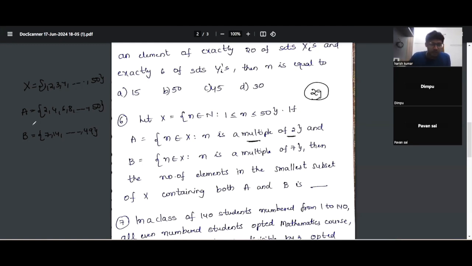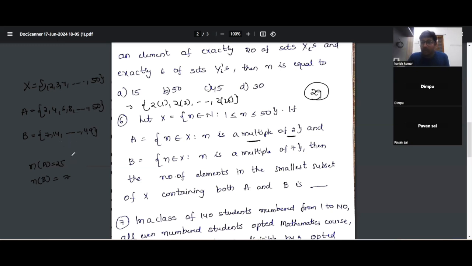So what we'll do, how many elements are there in the set A? There are 25 elements, right? So n of A is 25, right? So again, 2, 4, 6, 8, up to 50. How do I calculate it? See, simpler, guys. 2 into 1, 2 into 2, and so on, 2 into 25, right? So 25 elements. All right. Then n of B, how many elements will be there? There will be 7 elements because 7 into 1, 7 into 2, and so on, 7 into 7, so 7 elements,